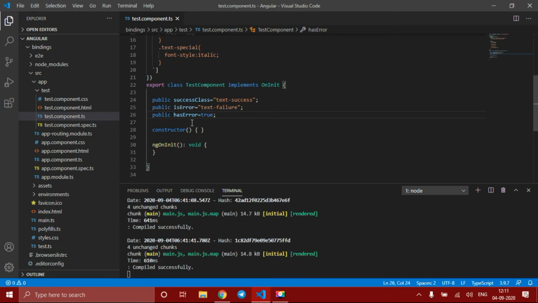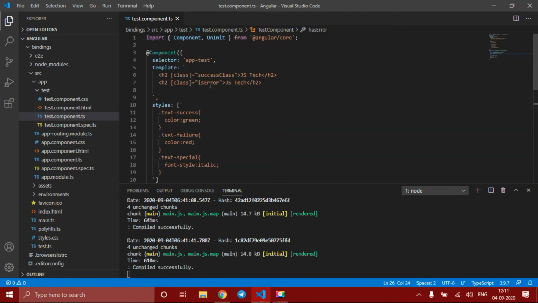When this is true, my text should be red. When this is false, my text should not be red. So for that, you represent this as error, and next to class we mention the class name.